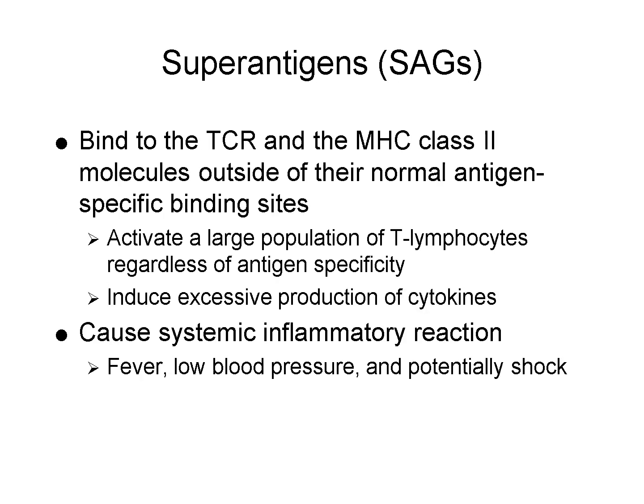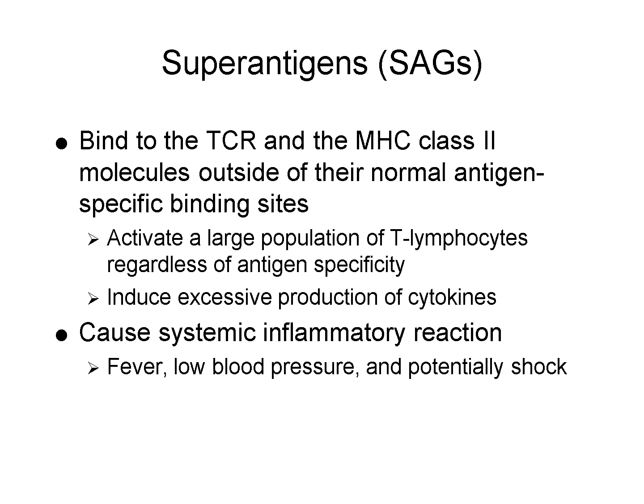Superantigens are a dangerous type of antigen. Unlike normal antigens, they bind outside the usual recognition sites on both the T cell receptor and the MHC class II molecule. This bypasses normal immune regulation and activates a massive number of T cells at once. The result is an overwhelming release of cytokines, leading to a systemic inflammatory reaction that can cause fever, low blood